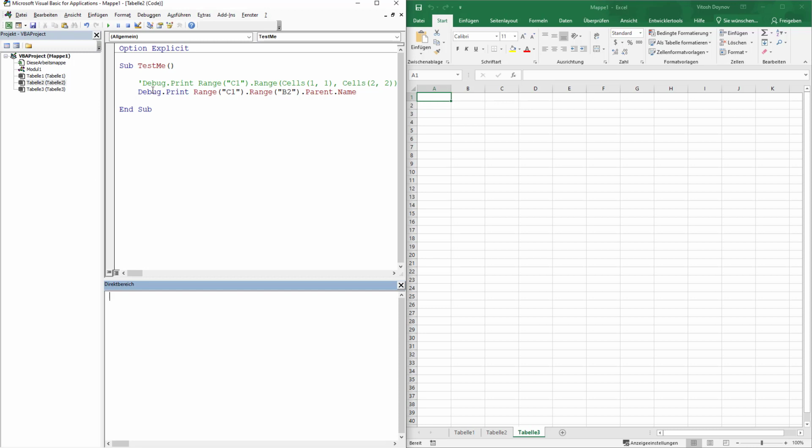So what is the best thing to do? It is the following. Simply write ThisWorkbook.Worksheets, and here write the index of the worksheet like this, or the name of the worksheet like this, or consider calling the worksheet like this, Tabelle1. And here With, and here End With. Of course, if this happens,